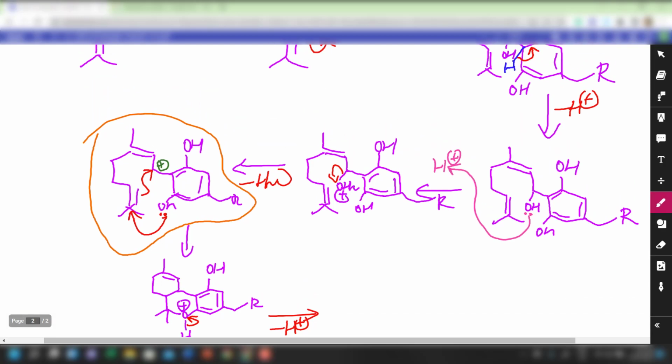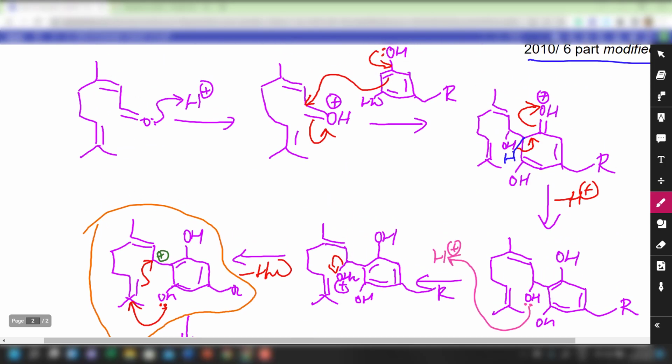Certain steps you can combine, certain steps you can draw out separately. It's not a problem, but you need to understand why you do certain things. Once you understand that, I think it's a lot more clear cut. Like for example,